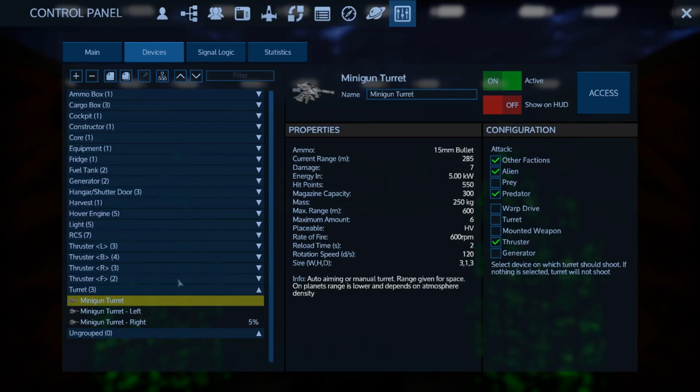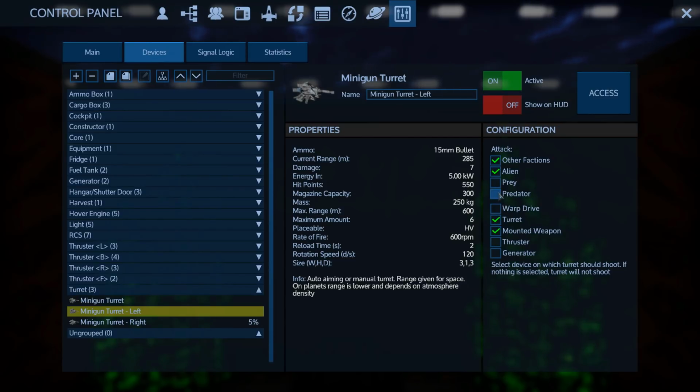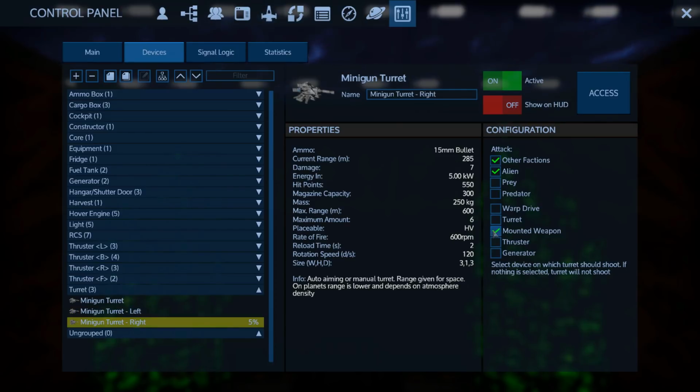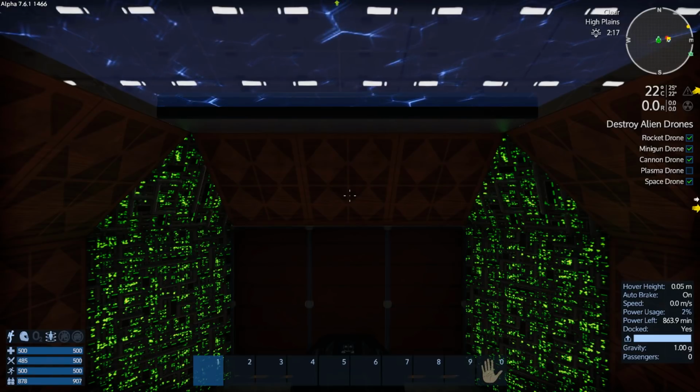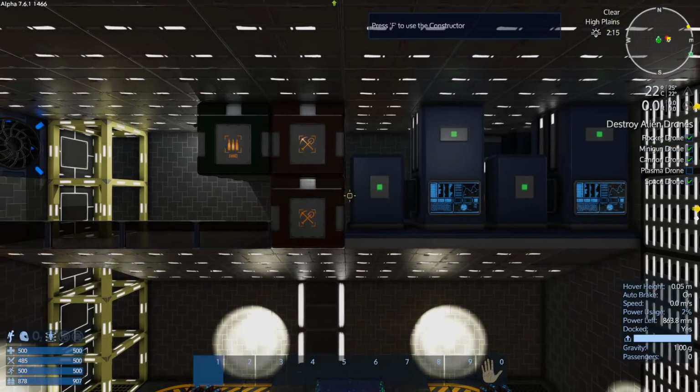Basically, I'm going to add Predator, because if a troop transport does drop some troops, the alien thing will take care of the Xerax, but they often drop Predators as well, and I need my guns to target the Predators. So, like I said, if I do end up getting out safely,